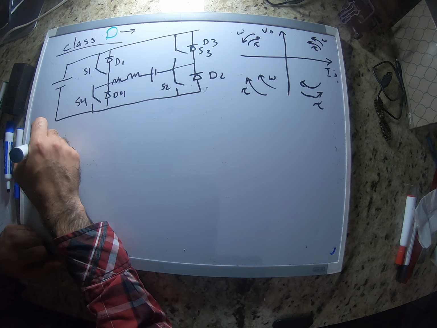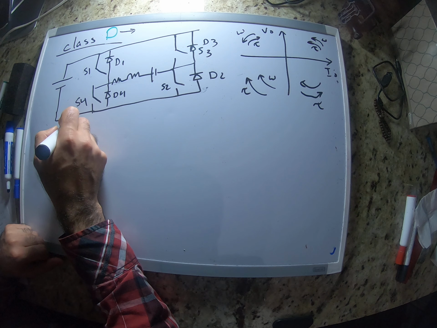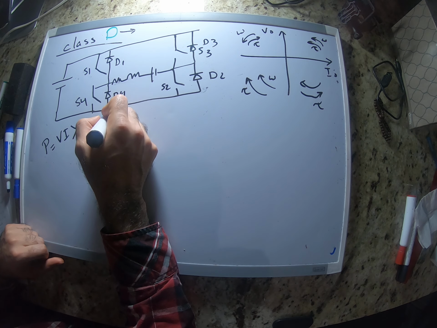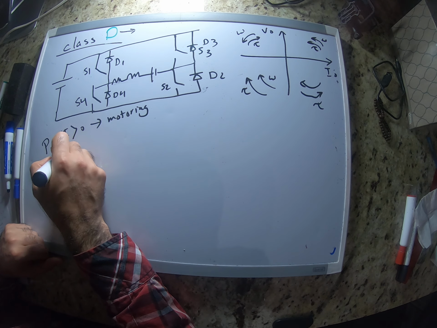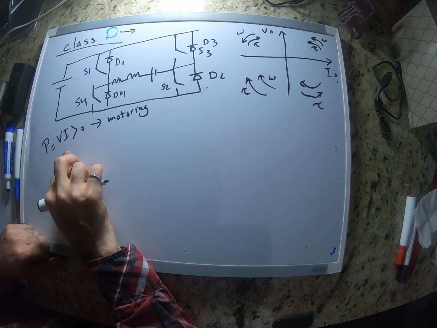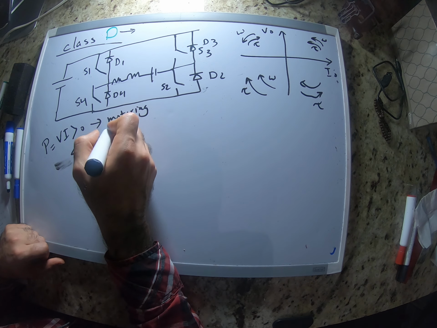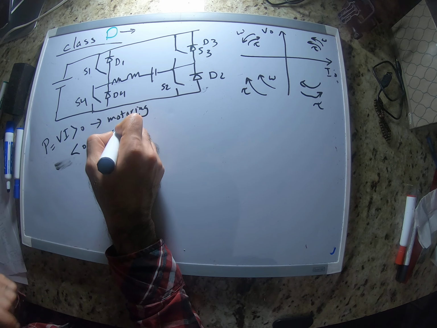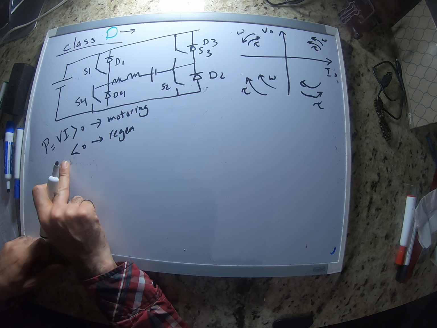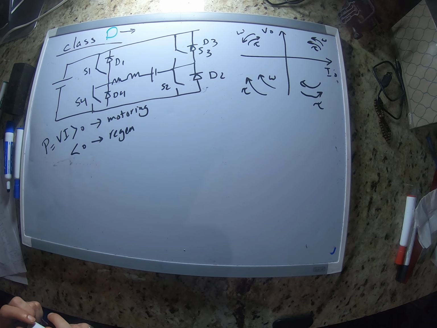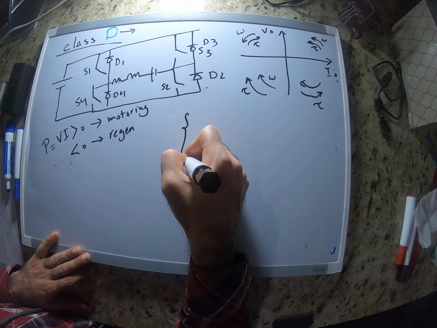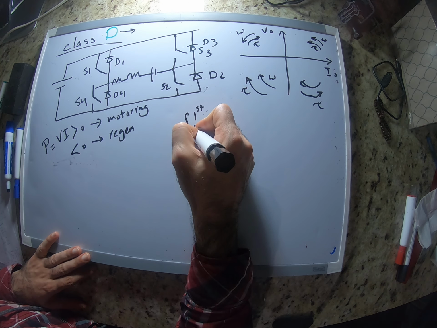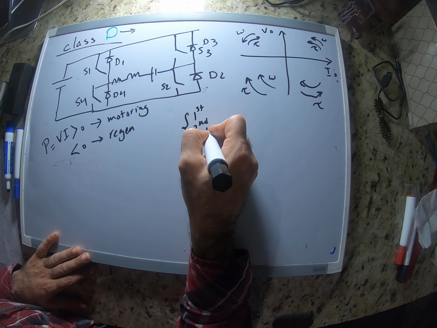And again, remember that if Vi is positive, it means that we are in the motoring mode. If Vi is negative, we are in the regenerative mode. Okay, so I'm also going to write this here. So in the first quadrant, second, third, and fourth,